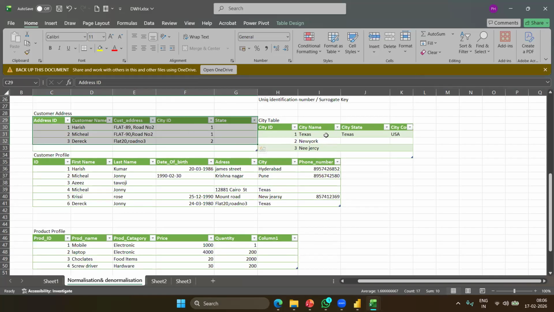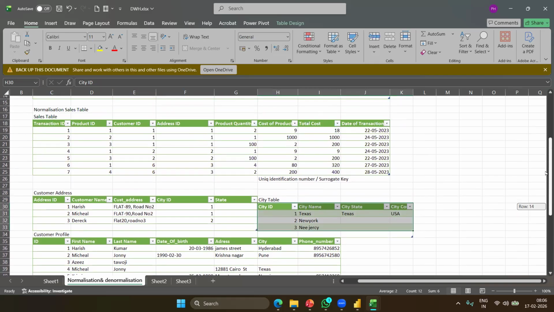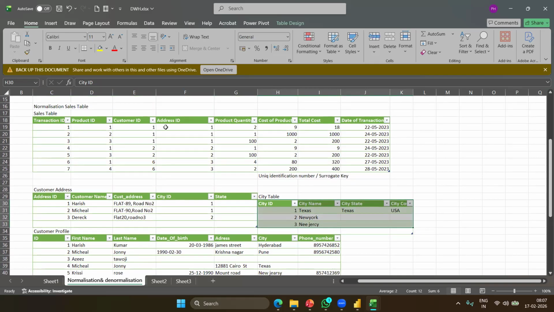Now we all know that in a particular city, you are going to have thousands of customers. So instead of capturing city and state as two separate columns in the address table, I'm just going to capture a city ID, and I would have a city table where it is uniquely captured. So if a fact table requires the address, it is going to take the unique ID from the address ID and pull all the details.